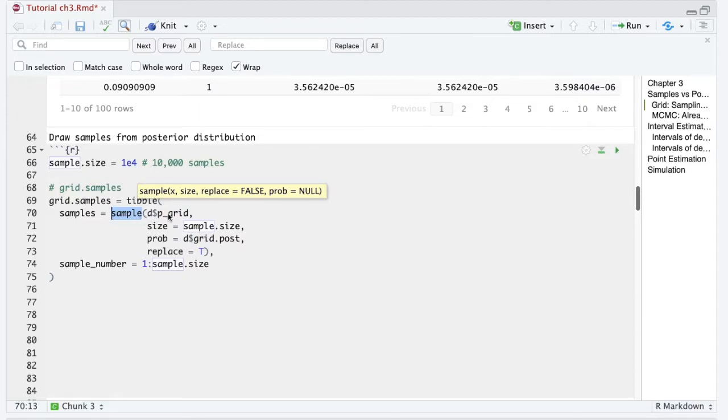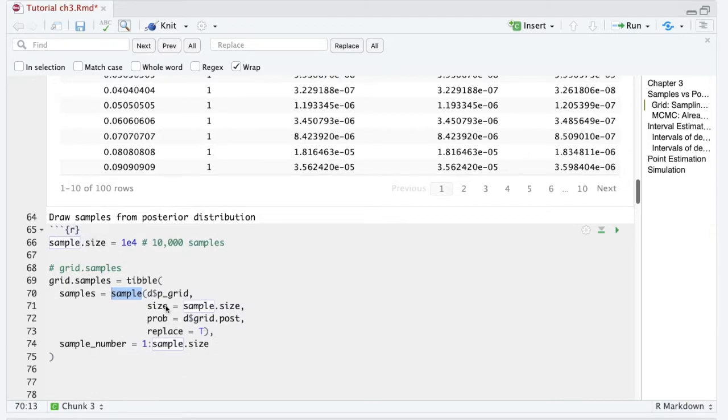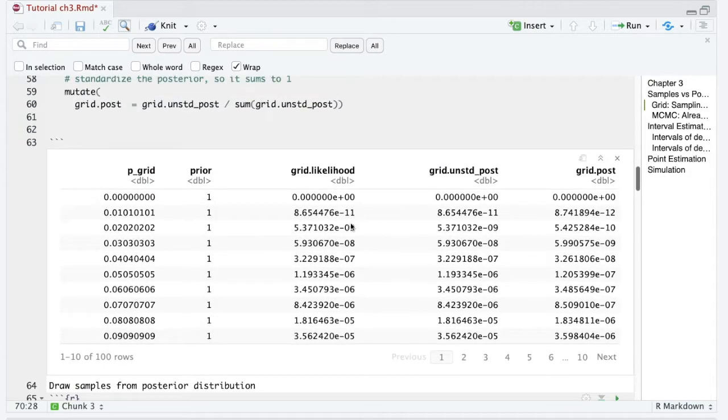So the first parameter is the thing we want to draw, so it will be the p-values in the p-grid. And the second parameter is the size, how many, this is the sample size. And third, it's the probability of each thing we want to sample. So, for example, this will be our posterior. So it means that the probability we draw p equal to 0 is also 0. And the probability to draw a sample of